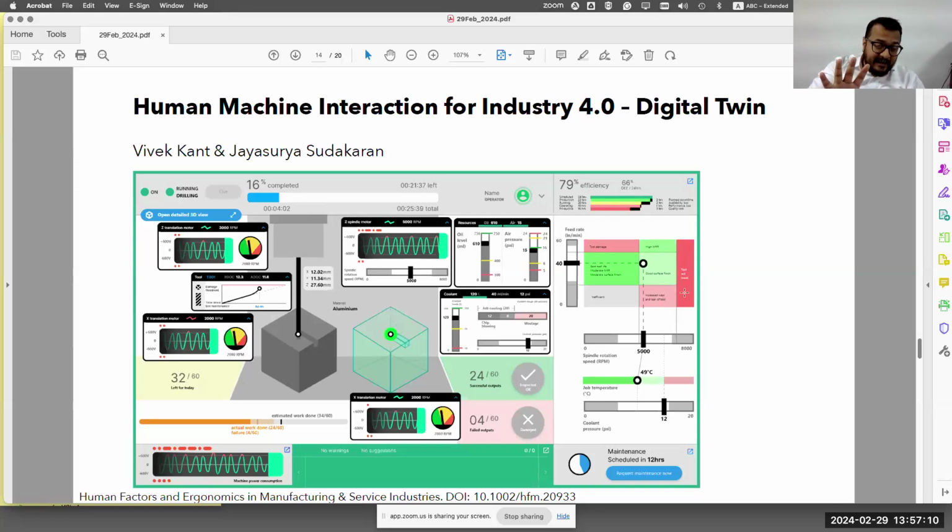And this constraint needs to be shown to the operator so that based on this, they can then go ahead and make decisions, right? So here, if the spindle rotation is increased, your job temperature increases. Now, let's say you had less coolant, which means this red region would have come to this region, right? In that case, what you would have done is decrease the spindle rotation, right? So in these ways, what we are trying to show is that there is not only one way but different ways possible for the operator to act, and all of these ways need to be supported or at least shown in some way or the other. So this is one example.